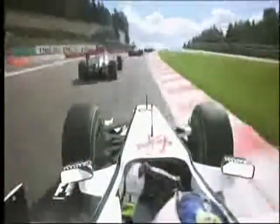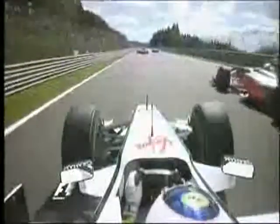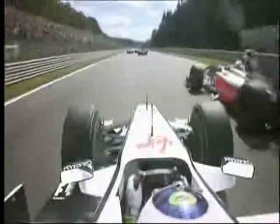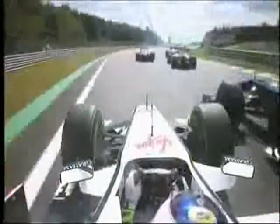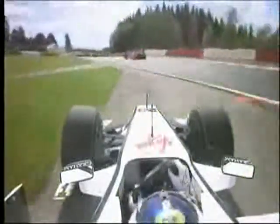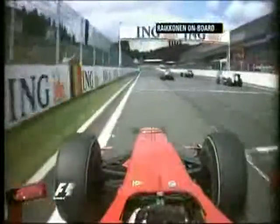But as we join the Brits up at the Kemmel, clearly it was not to be, and you can see Rubens there having a little go at Lewis. Actually surprised me that he had an issue going through Eau Rouge. Normally he would have been able to use that to his advantage, but look at the gap between him and the cars in front, and that's allowed Rubens to take a run down the outside. I don't expect he expected to get down the outside of the Red Bull, but no, if we try and pick up, now we've missed what's happened with the cars behind, but Rubens had to take avoiding action and run down the escape road. Well, we saw Rubens Barrichello spinning off there, but let's have a look at Kimi Raikkonen's